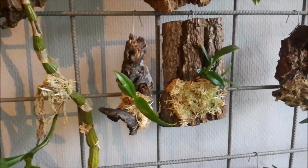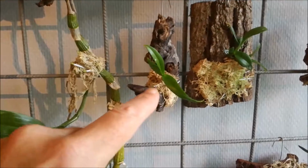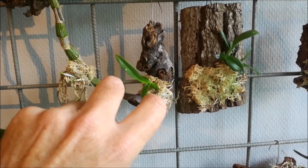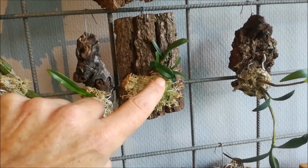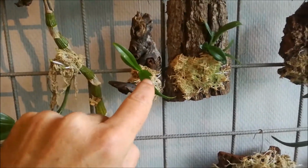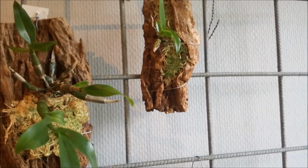Okay, keiki time. This is pointy stick. This is the keiki from the Sunny Cocktail. It's really doing okay. These are 2 keikis, 3 keikis of the, oh no, this is a Sunny Cocktail. This is the Thailand Black, sorry. This is also a Thailand Black, still attached to his old back